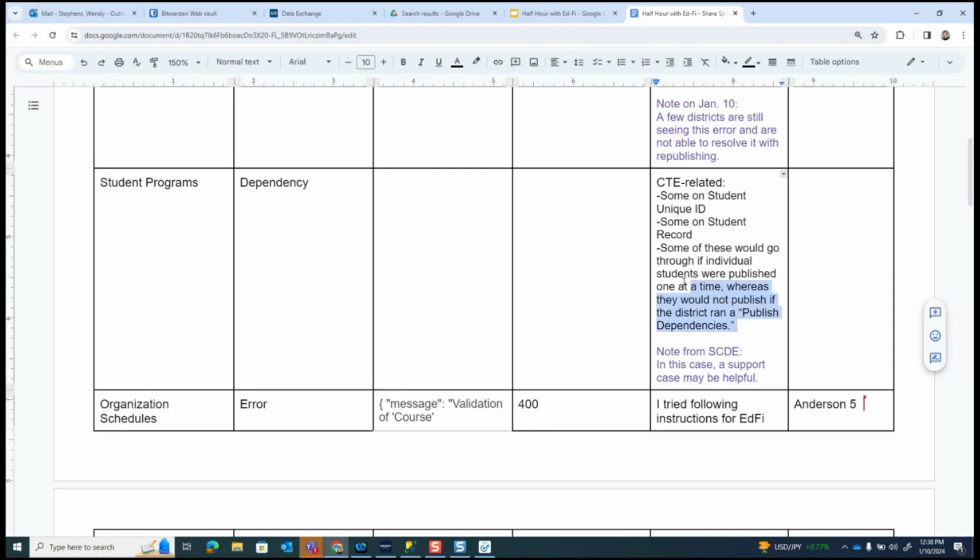Is anybody else seeing either? I guess there are two things I feel like are going on here. One is just this behavior, which I feel like I've seen for other types of dependencies and errors at times, but I hadn't seen it in a while. But then also CTE related errors. Is anyone getting any of that?